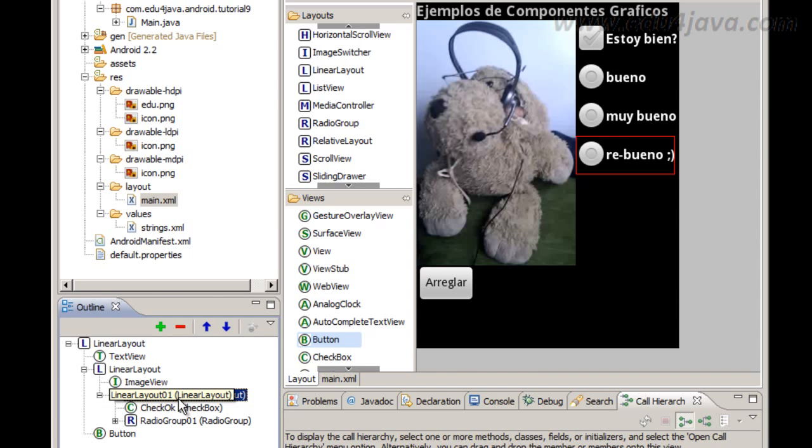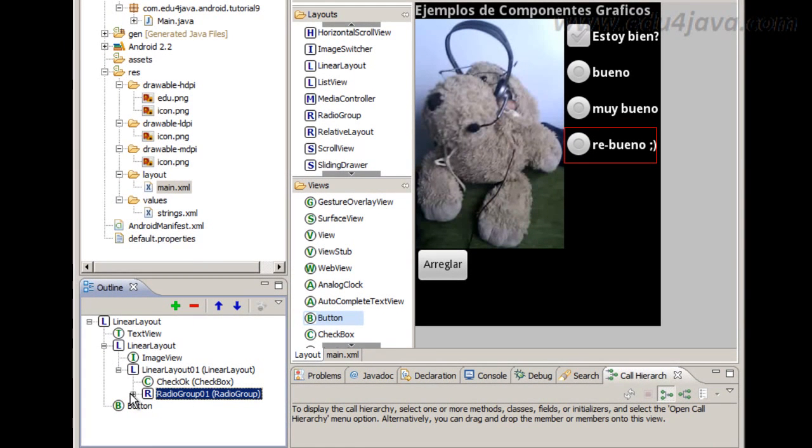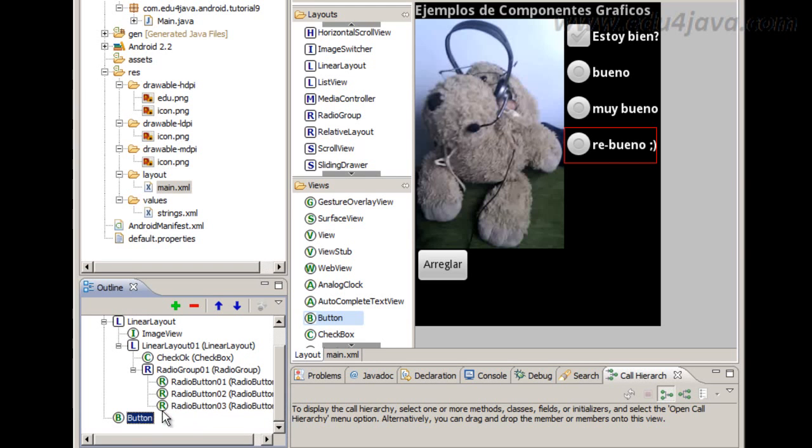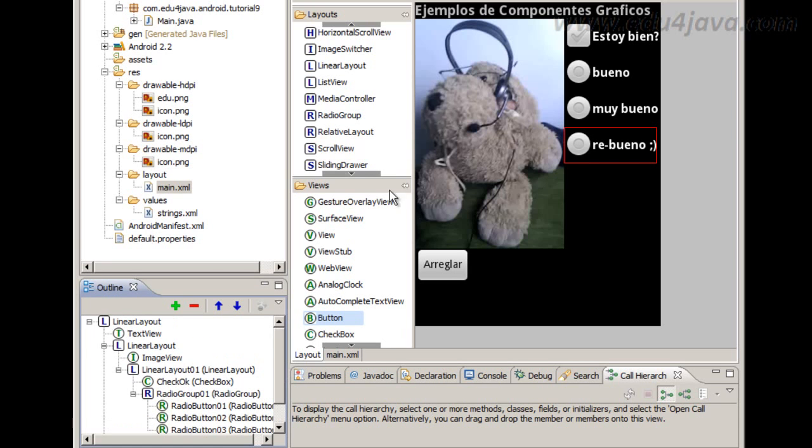This layout is vertical because inside I want to include a checkbox called check OK, and below I want to include a radio group with 3 radio buttons, radio button 1, 2 and radio button 3, and below everything I insert a button called arreglar, that is fix in Spanish,